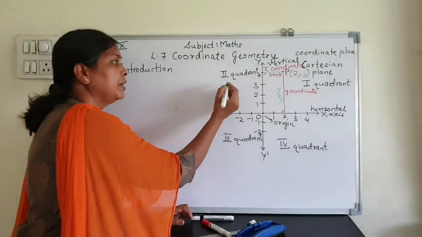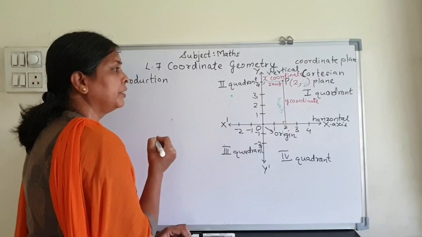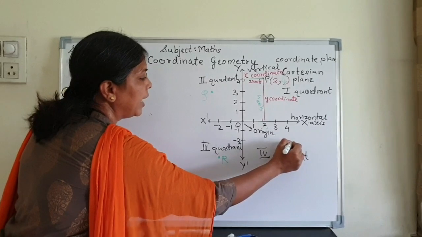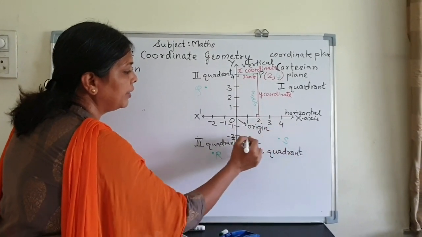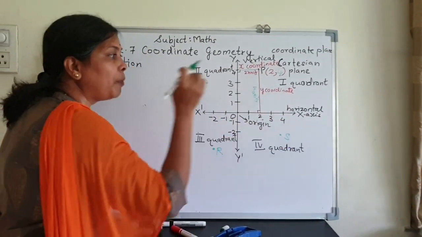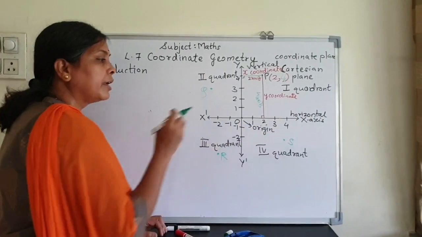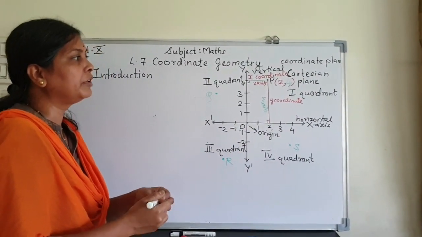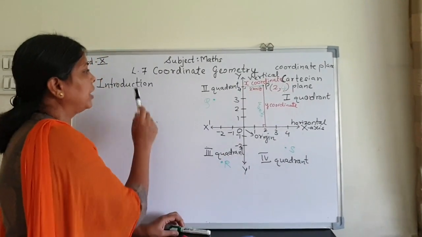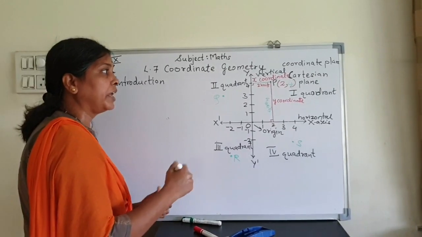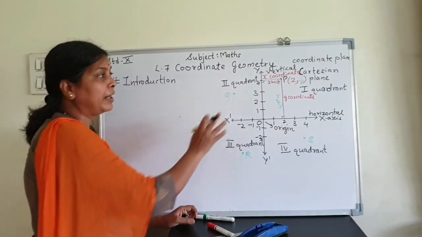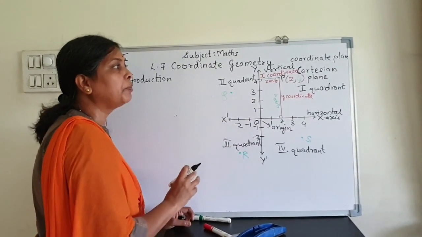Now the points could be in other quadrants also. Suppose here Q, here R, here S. So depending on how far they are horizontally from the y-axis, that is the x coordinate, and vertically from the x-axis, that is the y coordinate, we can write down the coordinates. We have done all this, but we are revising it so that we can go with our new topic in this lesson very easily and with better understanding. All these things I am writing here later, but try to understand with this coordinate plane first.